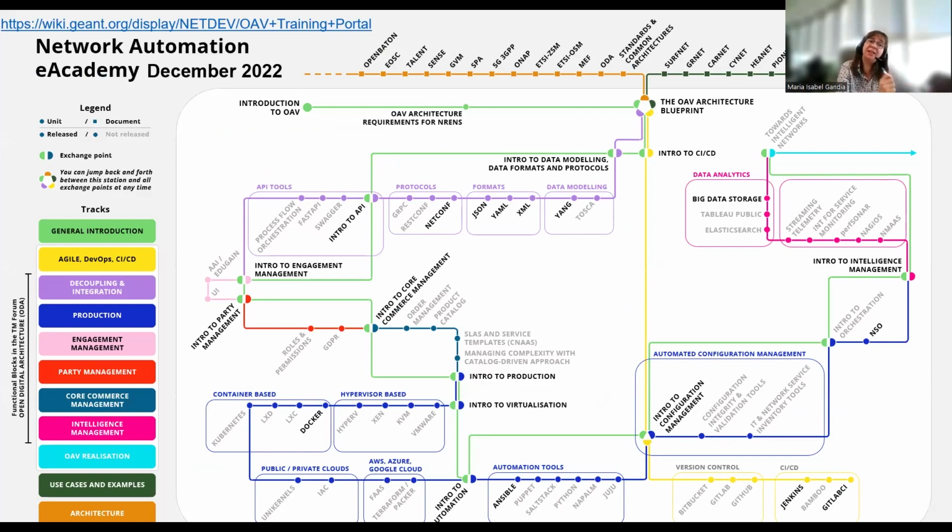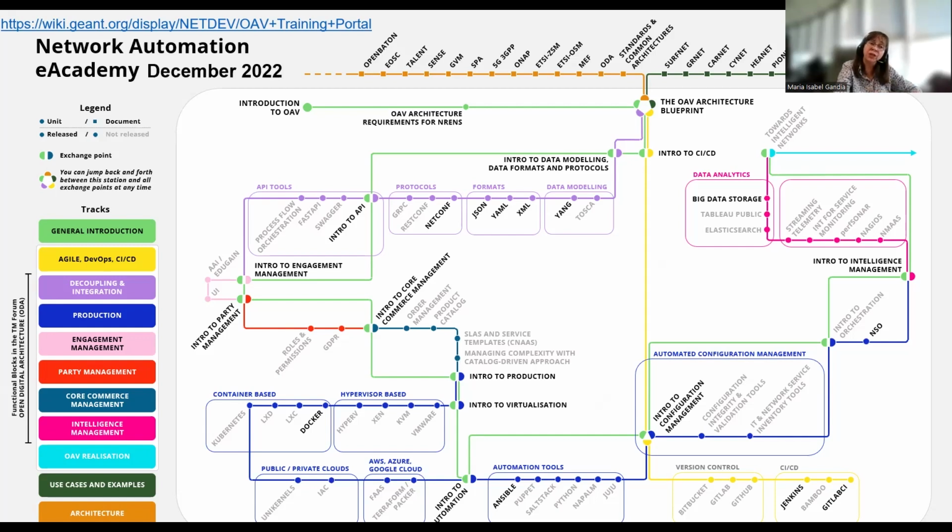As you can see here, as I mentioned before, the architecture, the metro map lines are following also the TM Forum Open Digital Architecture big blocks. So there is the coupling and integration line, a production line, an engagement management, a party management, a core commerce management, an intelligence management line. And we also have OAV realization.